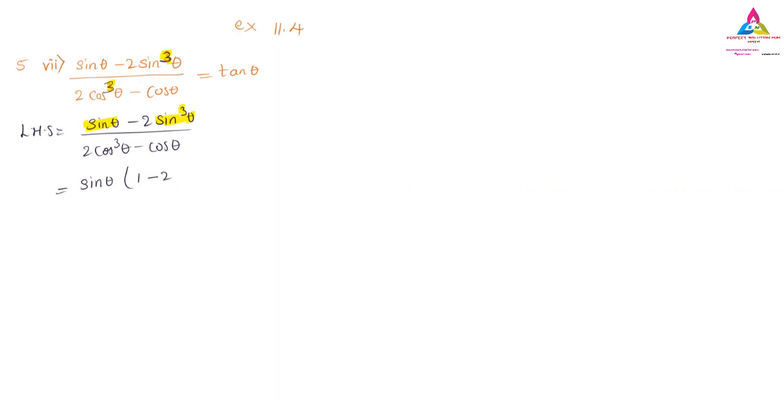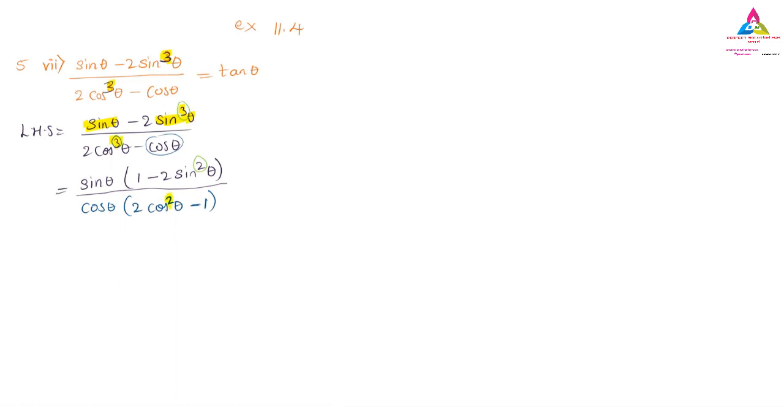And here we have 2 as it is, but here it will not be a cube, it will be square. Why is it a square here? Because we have taken one sin theta from it as common. And similarly in the denominator, same fashion we are going to apply. Here we have cos cube and here we have cos theta. So cos theta is common, and the remaining is 2 cos square theta minus 1, because I have taken cos theta common. So here it will remain not cube, now it will remain square, because one cos theta is outside.